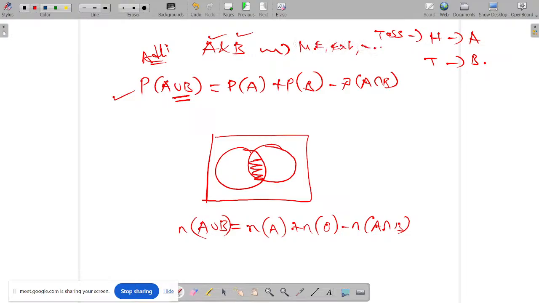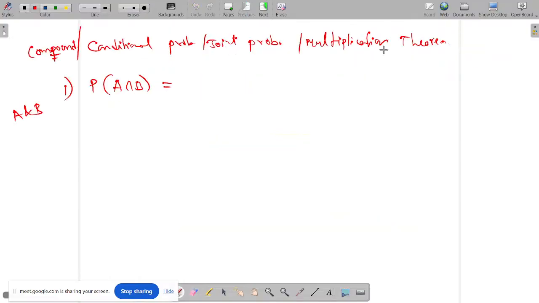Equally likely events. But in the case of the multiplication theorem, we are talking about more than one trial. A is the player who comes and draws the ball, checks or whatever it is. B is the player who comes for the second draw, the second trial. Am I right? Okay then. So A is the first draw, first trial. B is the event of the second draw, which is the second trial, and so on.